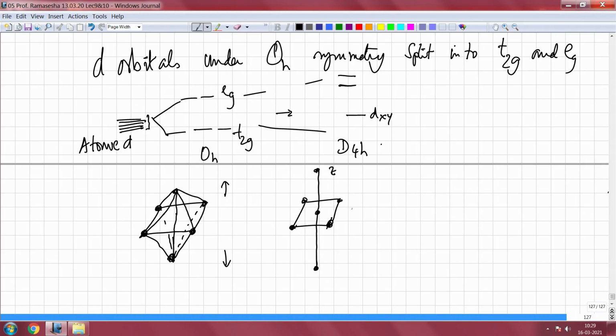So, for example, you have the dxy orbital along this ligand and these 4 ligands. Actually, the way I have drawn it is slightly different, because this will be the x axis, this will be the y axis. So, the dxy orbital will be somewhere like that, and this is going to be higher in energy because the ligand atoms are very close to the orbital lobes. But on the other hand, if you look at the dyz and dzx, rather dyz and dxz will be lower in energy.